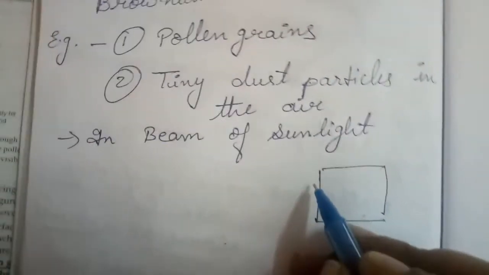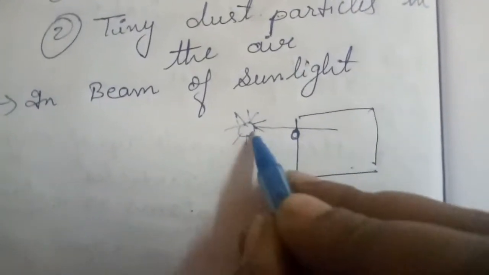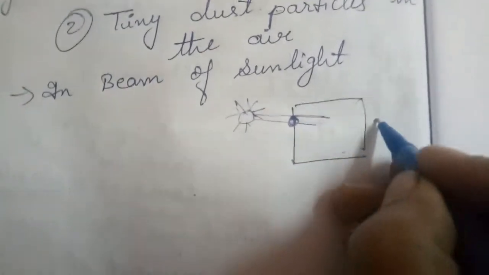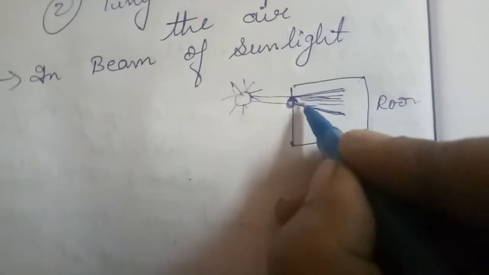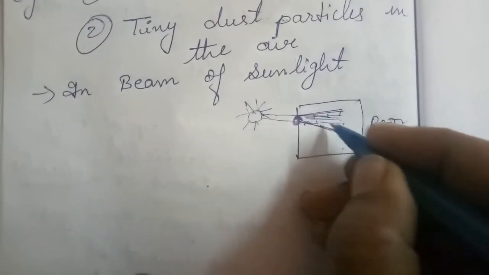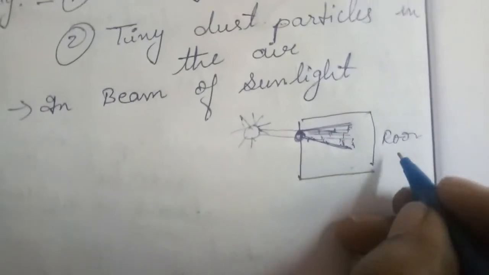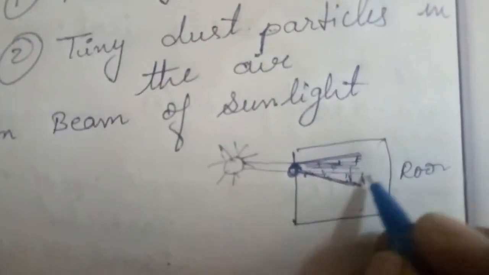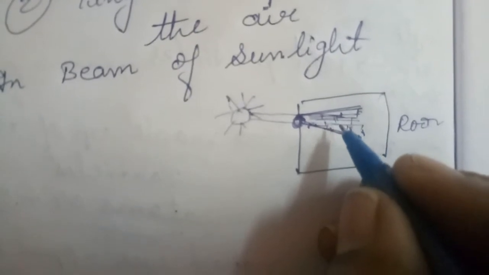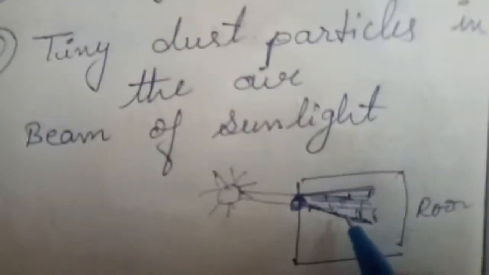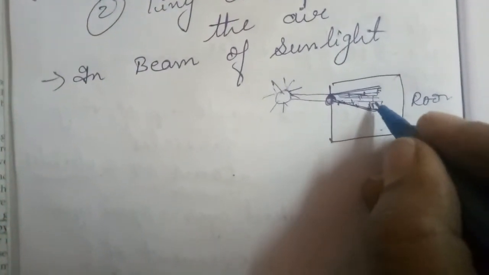if there is a small hole, and the sunlight, the beam of light, enters through that hole into the room, you will see the beam of sunlight, and in that beam you see the dust particles very clearly. You see the dust particles are constantly moving. Are they stagnant at one place? No. That shows that the particles are constantly moving because of their very tiny nature and because of the spaces present in the air. So let us see with an experiment how these particles are constantly moving.